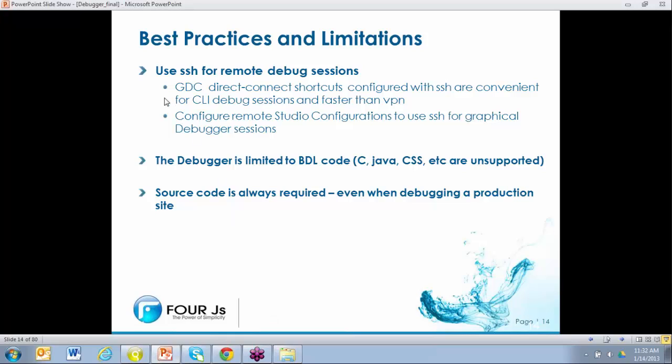He's suggesting that for remote sessions you use SSH, because he finds that SSH is faster than using VPN for a remote session. And he suggests that for remote debug sessions you set up a direct connect shortcut for the Genero desktop client configured with SSH. And if you're using Studio, right,